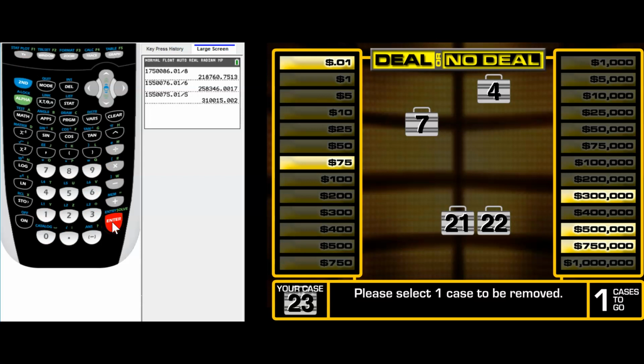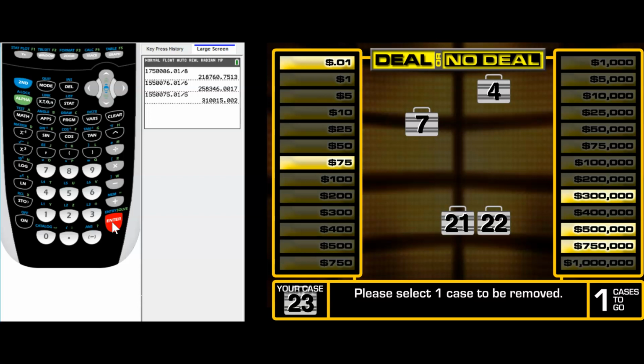We end up getting a value of $310,000, and so that's really close to the offer that they're giving us. In fact, the offer that they're giving us is higher than what's theoretically expected from this point moving forward. And think about that for a second. They are giving you an offer that is better than what you can theoretically expect if you were to play this game out a very large number of times. And so that would be justification for accepting the deal at this point.